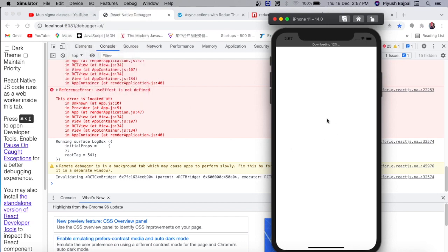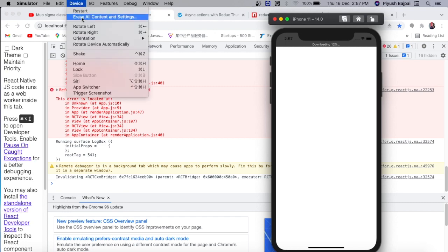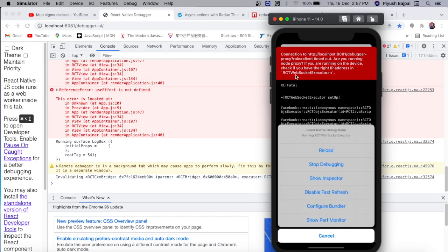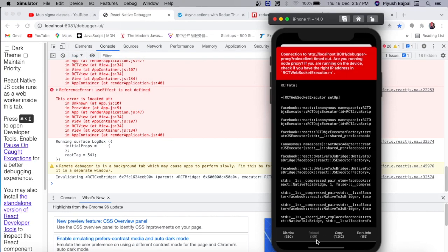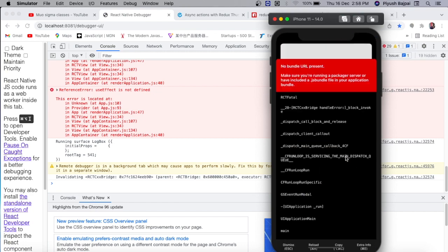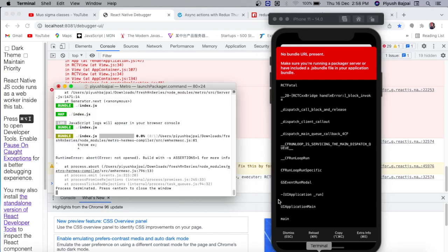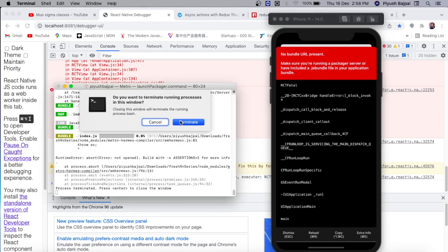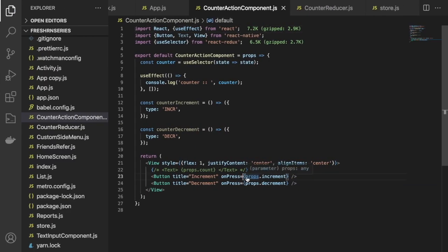Again refreshing this application. Okay, reload, relaunch the application. No bundle URL present. So what needs to be done? We need to terminate it and rerun.